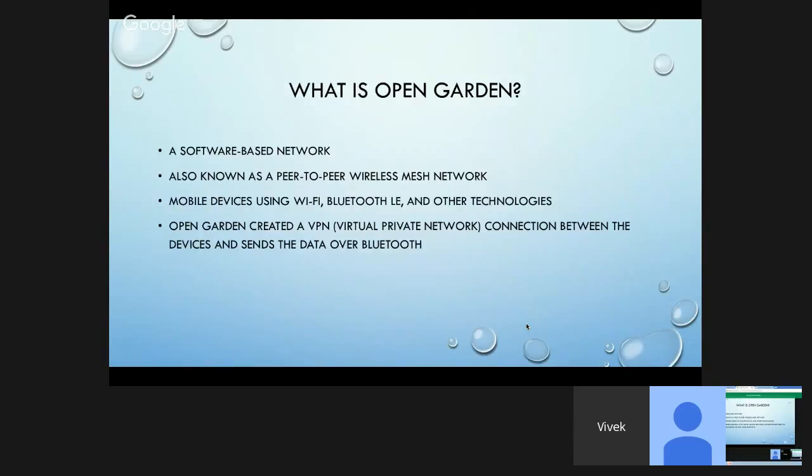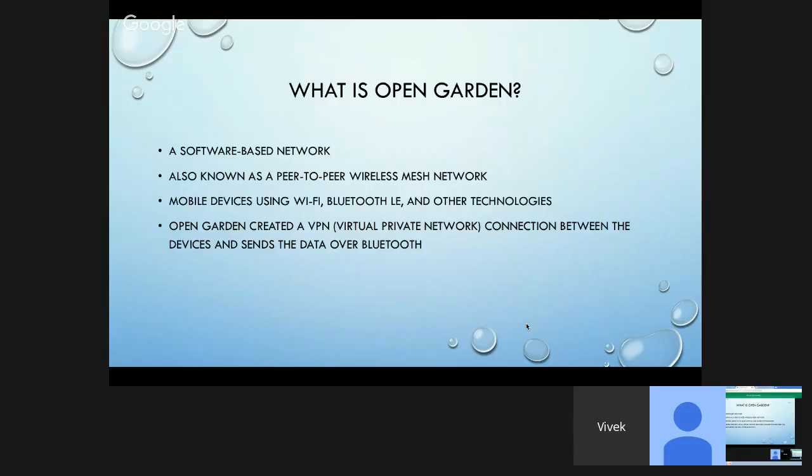So what is Open Garden? Open Garden is a software-based network, and so it doesn't use any cellular towers. All the communication is done from one device to the other device through Bluetooth or Wi-Fi. This kind of network is also known as a peer-to-peer wireless mesh network.